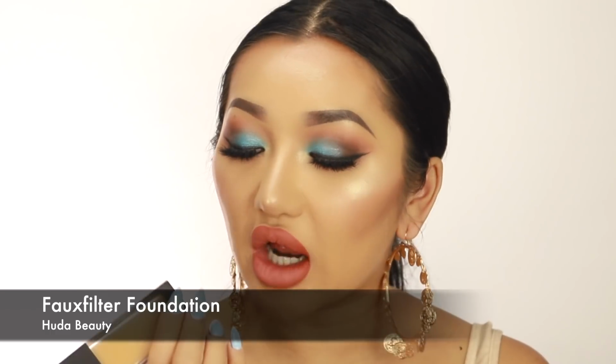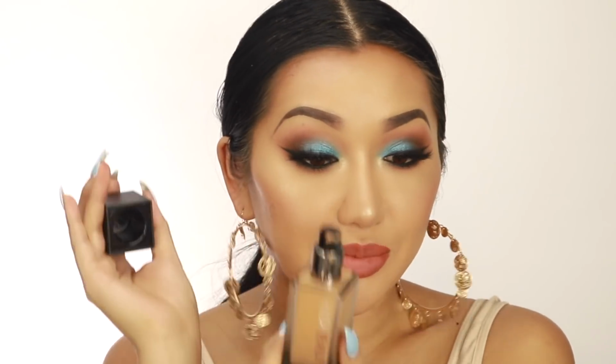Okay, the next foundation I'm going to talk about that's really full coverage is the Huda Beauty foundation, and I use the shade Tres Leches. This comes in 35 ml, so a bit more. The packaging is plastic though, so it does feel a bit cheaper, but I really like the design of it. It's got a nice pump in here as well. The thing that I find about this foundation, it's got a really strong smell. It's got a rosy kind of scent to it, and you don't really smell it throughout the day, but when you first put it on, for me it's a bit overbearing,